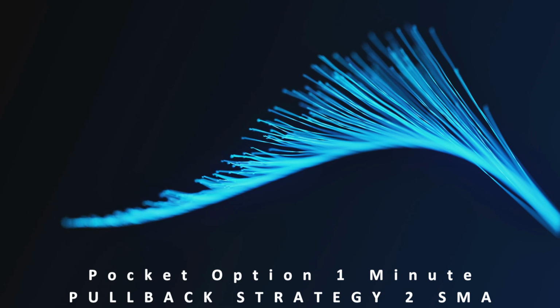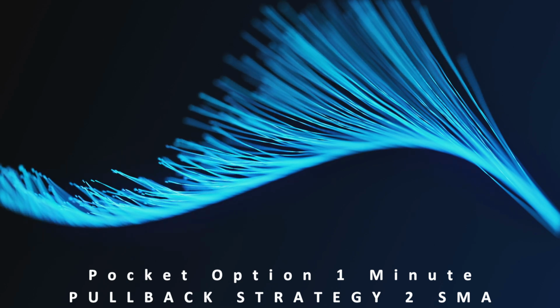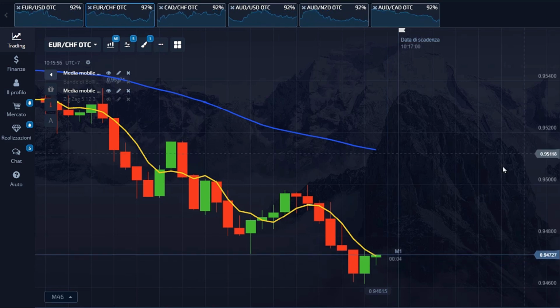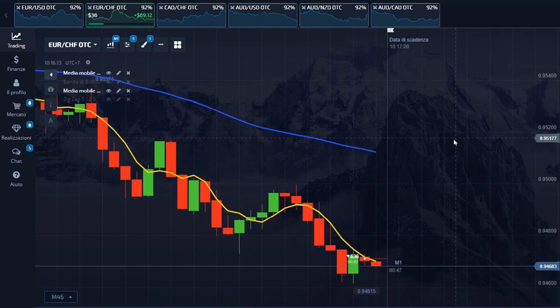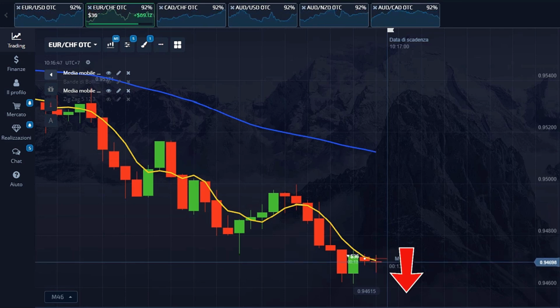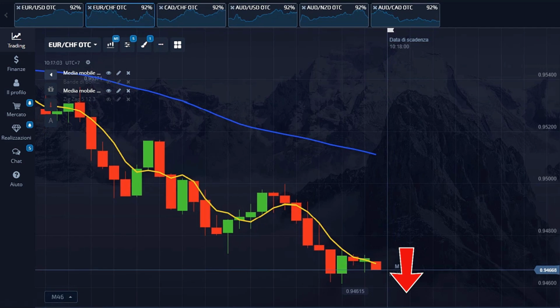New Pocket Option pullback strategy with 2 moving averages. We exploit price rebounds on the moving average only by following the trend. This strategy opens trades as soon as a change in trend is confirmed by the bounce on the SMA 7